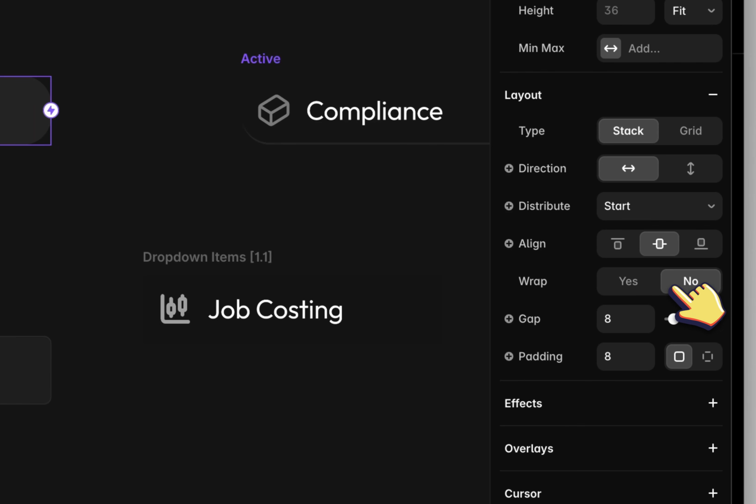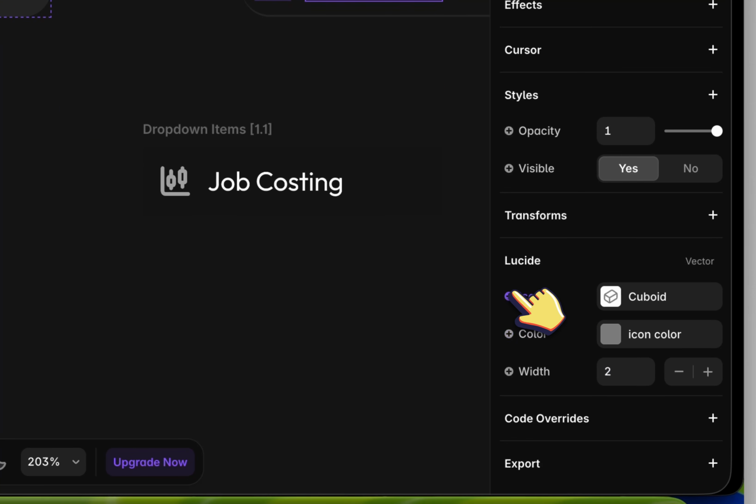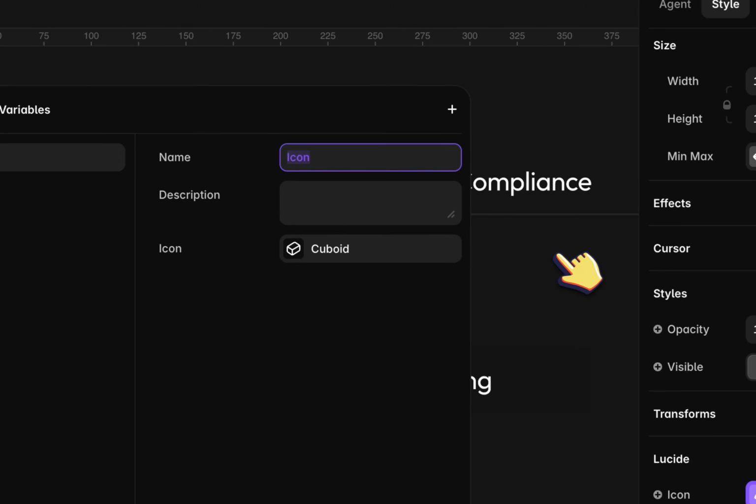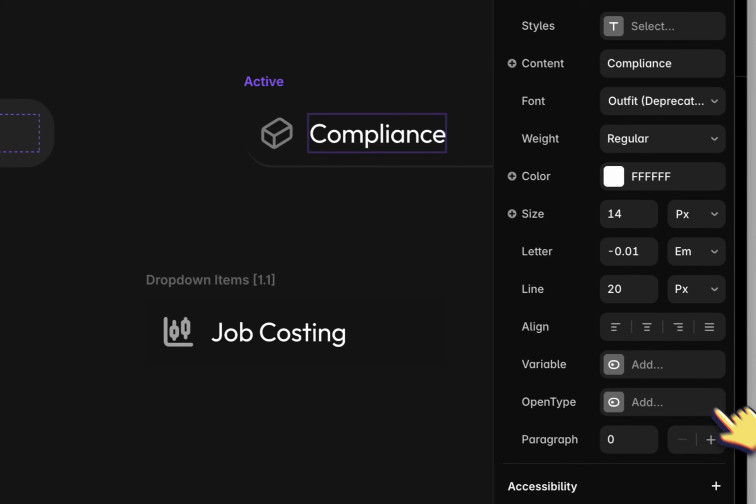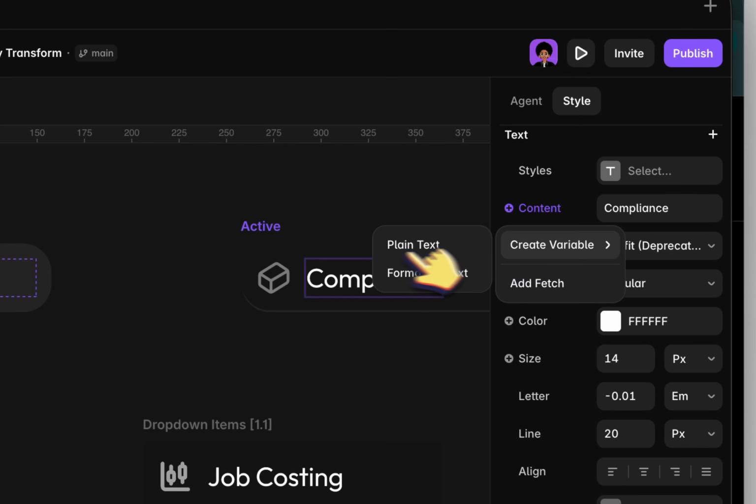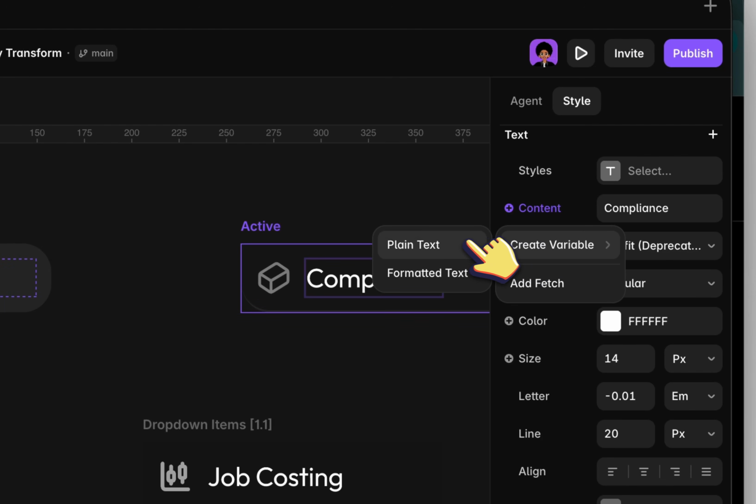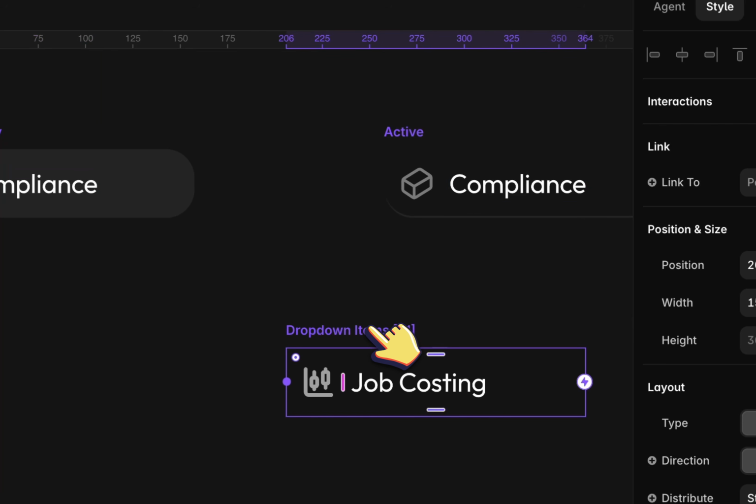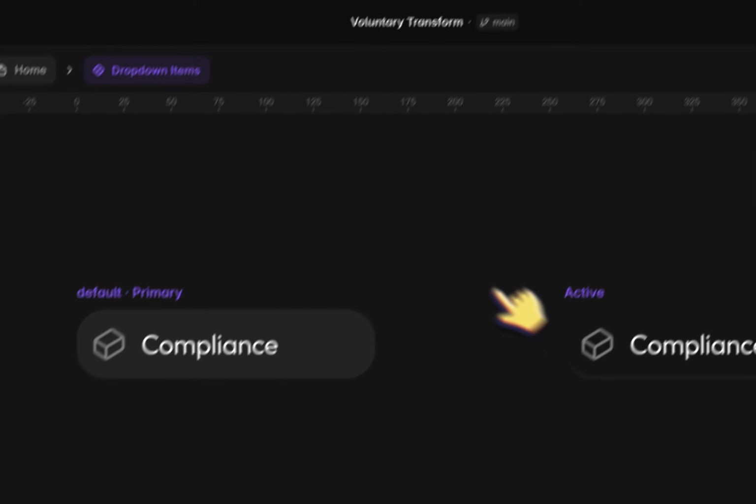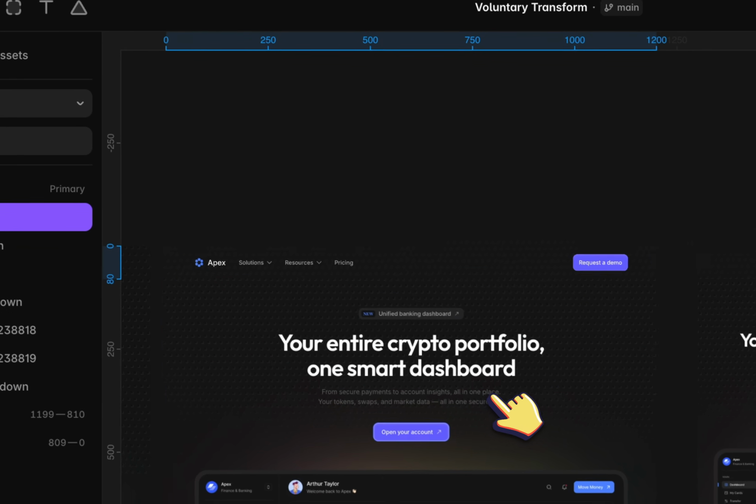I'm trying out things. So now this guy, the icon, we are going to be creating our icon variable. So icon and then the text variable as well. Text. Plain text. Okay, good. Delete this. Now we have the default on the active state, right? Now let's go back